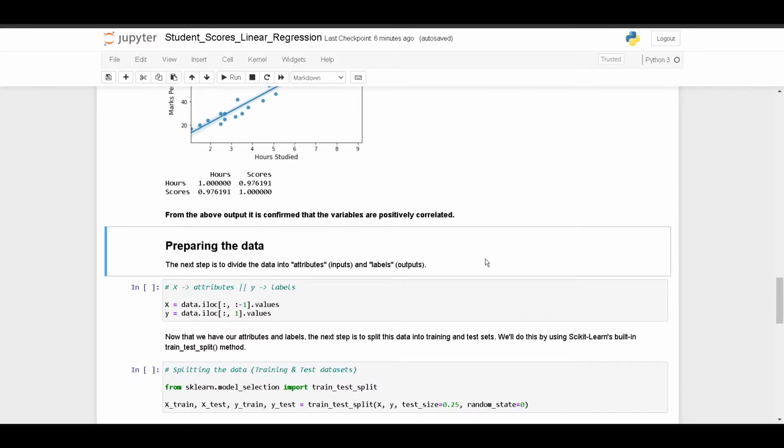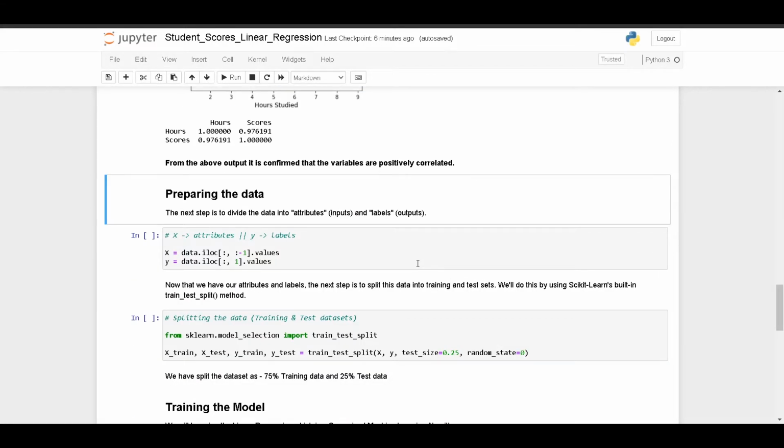Now the next step, preparing the data. We have to divide the dataset into attributes and labels, that is, the inputs that we will be giving the model, and what the model should give us as an output, that will be the labels. So I have used the X variable for the attributes and the Y variable for the labels.